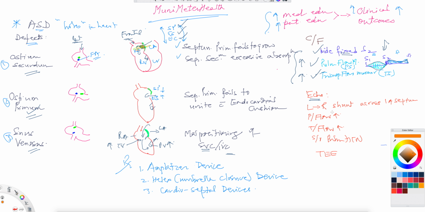Okay, so normally there's no left to right shunt, so there are no shunts. If it's occurring across the inter-atrial septum, that's a clincher. You'll definitely also see the pulmonary flow, which may be increased. You'll see a tricuspid flow that will be increased, and of course the signs of pulmonary hypertension will appear,